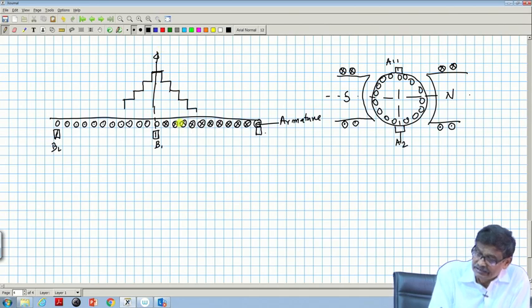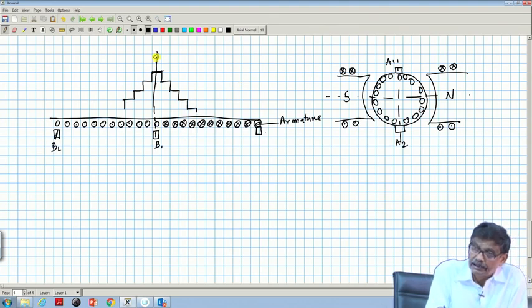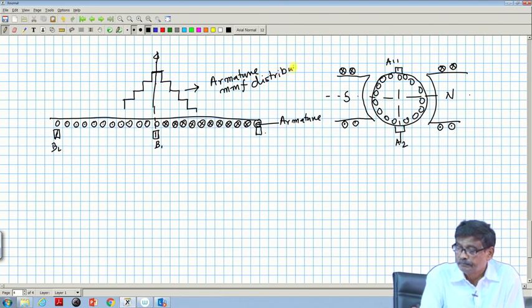How do I get it? This side cross, this side dot. So, by the right hand rule, the thumb will indicate that direction. So, the peak will lie here and it will be a stepped waveform. So, the armature MMF distribution is stepped